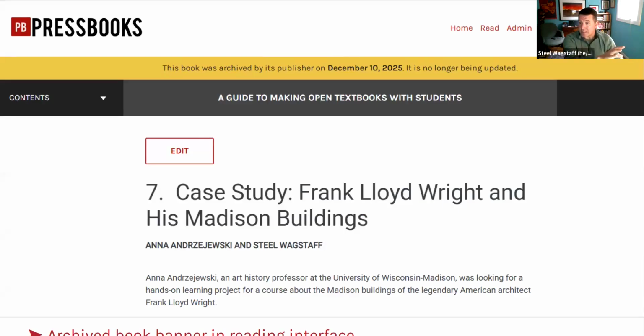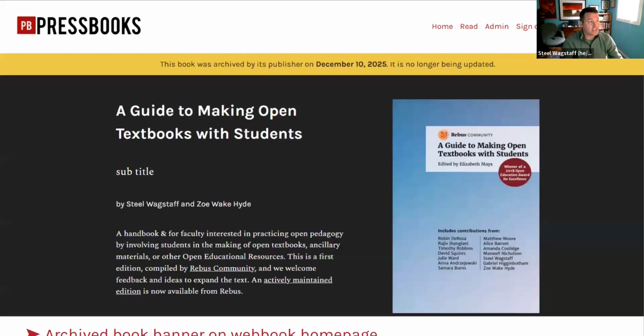If the book is openly licensed, the other thing that's nice to know is, in this case, the book could have a Creative Commons license that allows it to be cloned. Archived books can still be cloned. They can still be copied, and whoever clones and copies it could take responsibility for maintaining and updating it, which means that the community can still be enriched, even if the original maintainer is no longer able to update and ensure that the book meets the relevant standards. If you have questions about that, you can talk to your network manager. If you are a network manager and have questions about it, you can talk to our premium support team.